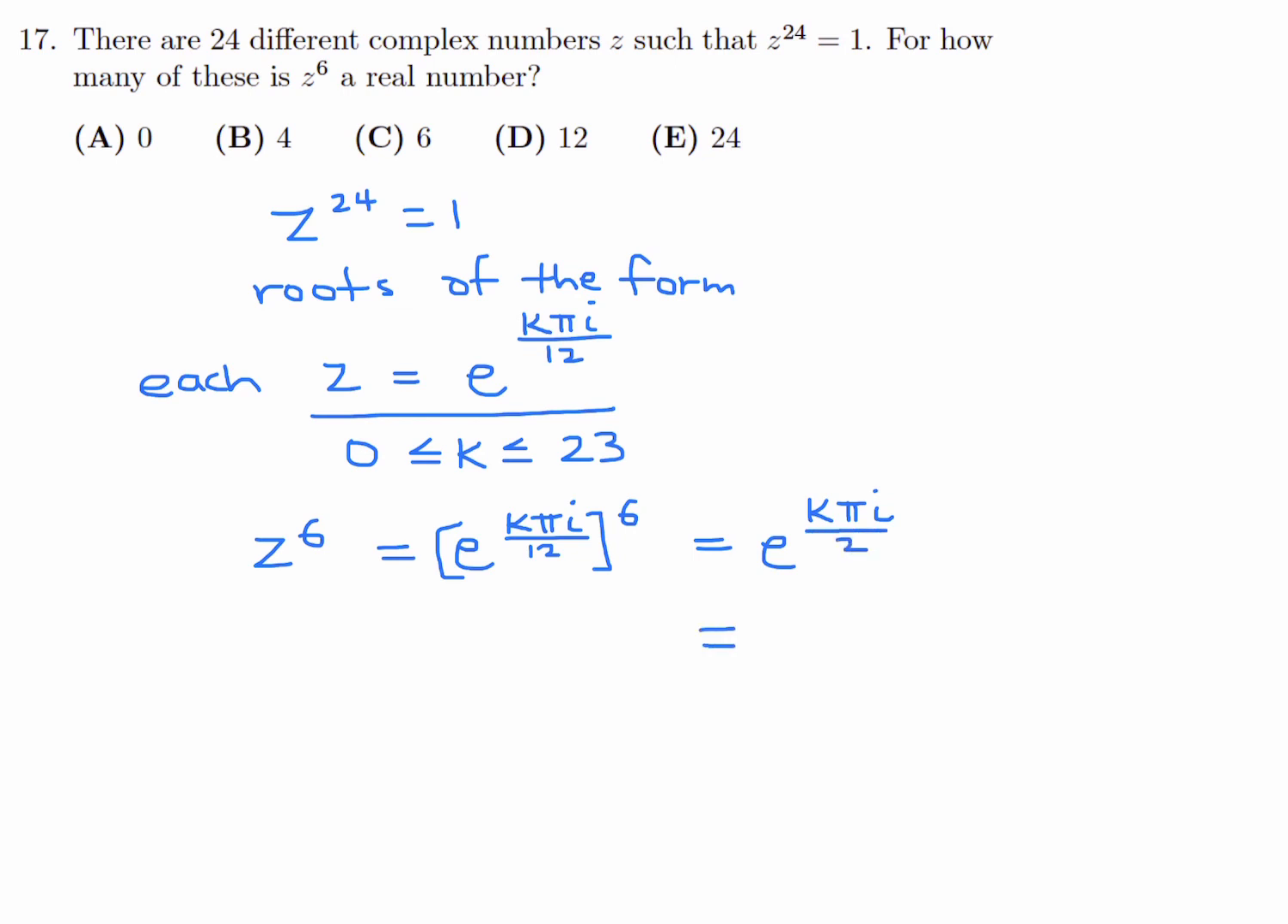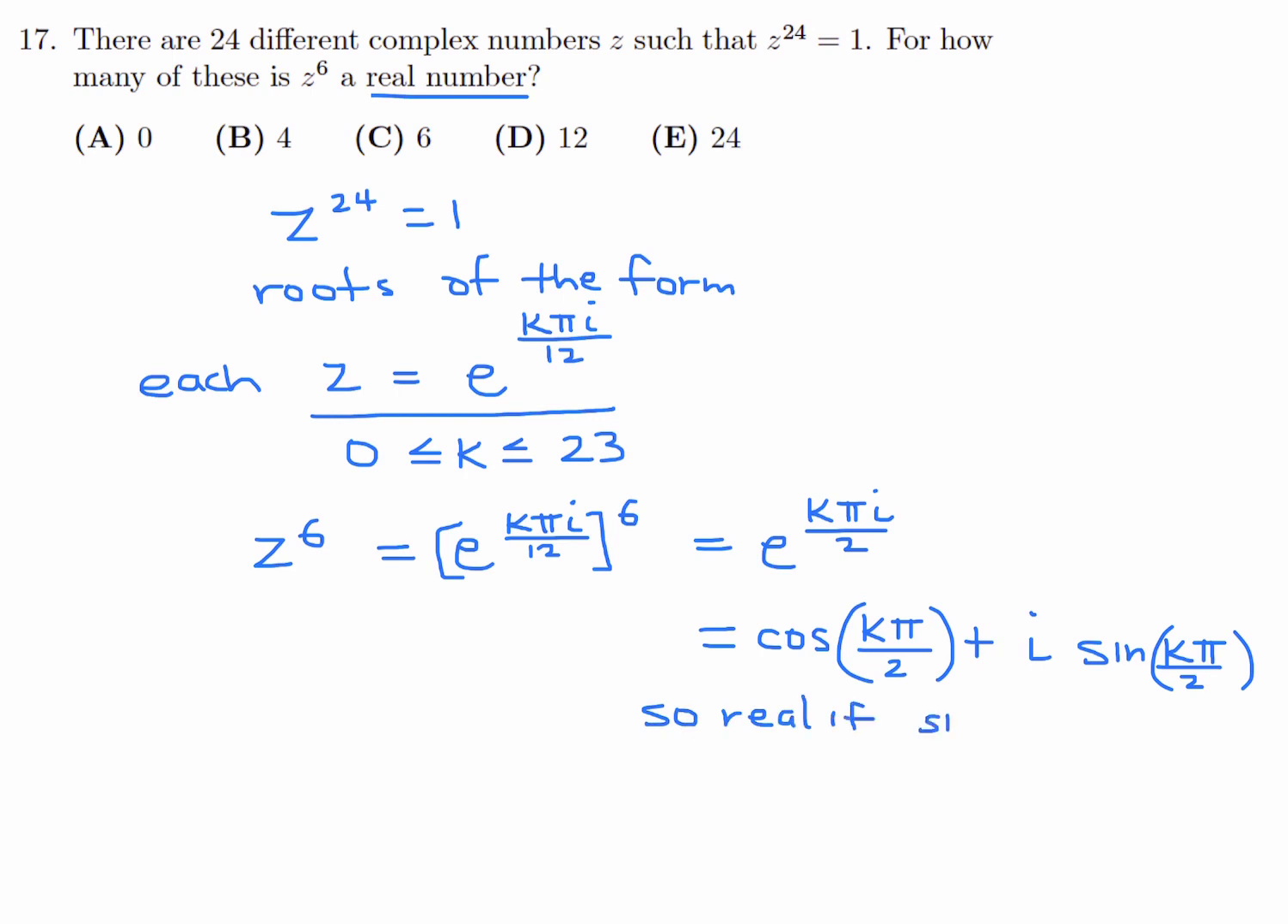And now this is going to be expanded using the standard form, which is cos k pi over 2. That's the real part. And then the imaginary part is sine of k pi over 2. And this is going to be a real number if this part is equal to 0. So real if sine k pi over 2 is equal to 0. And that happens